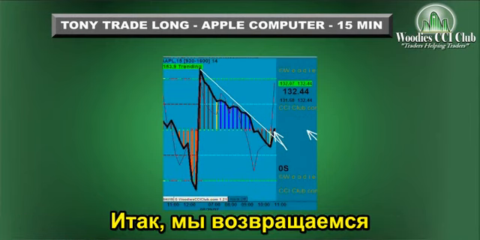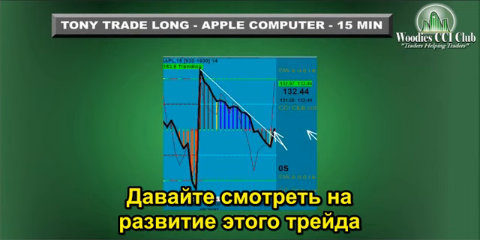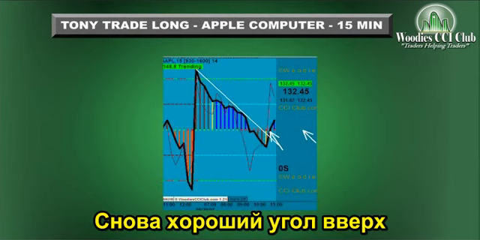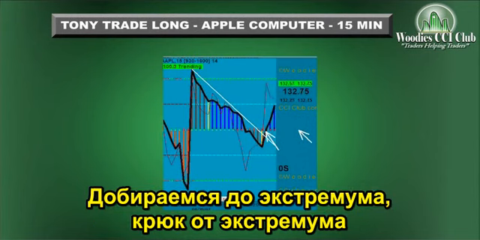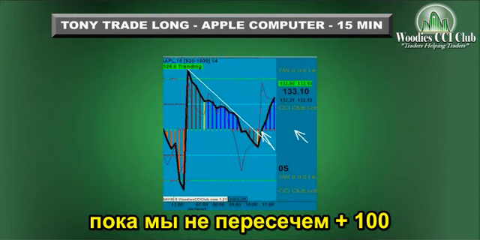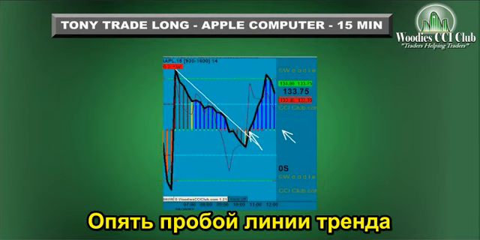So we come back, nice angle coming back through the 0 line here. Let's watch this trade develop. Again, nice angle up. We got up to extremes, hook from extremes. No reason to get out of the trade until we cross the plus 100. So again, trend line break,